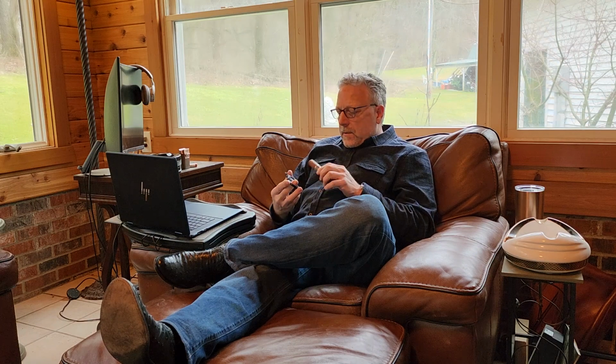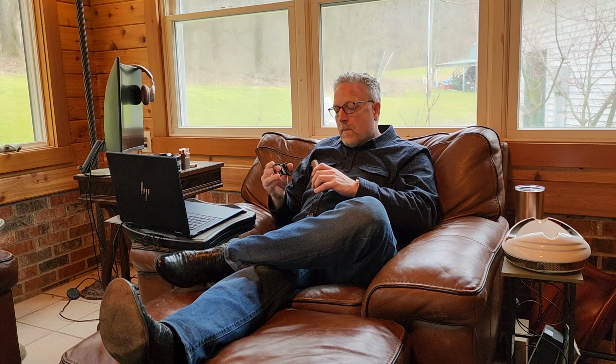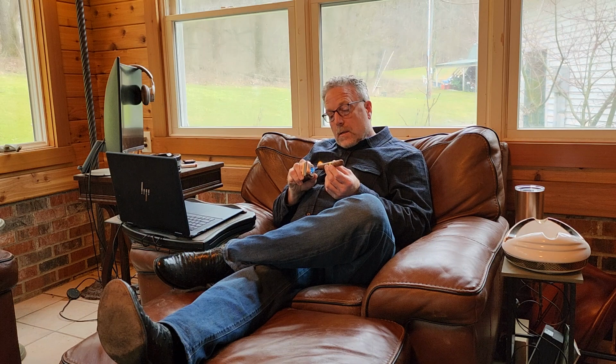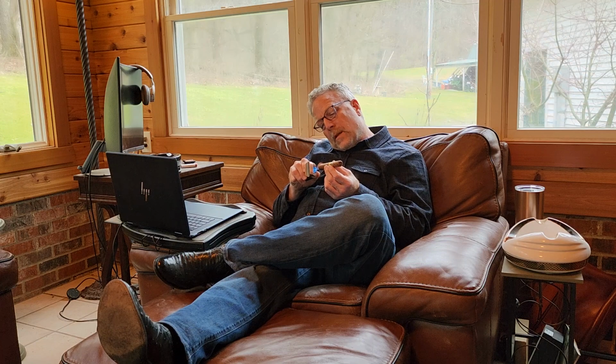Again, Cohiba, kind of the most world famous of the Cuban cigars. So you might say, geez, that seems like a lot of money, $70 for this cigar. And that is a lot of money. But did I pay that? No. Because in Cuba, the interesting thing about it, something to keep in mind if you go,